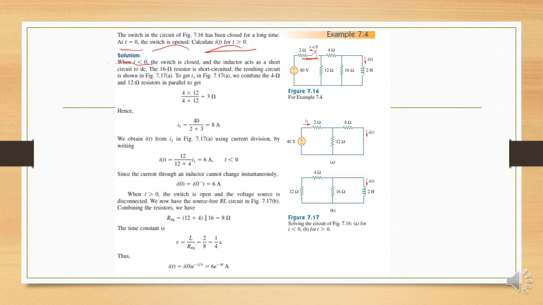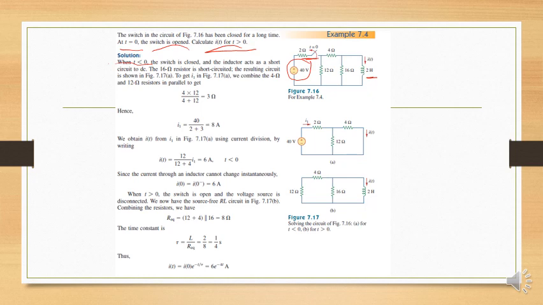So when the switch was connected to the circuit, the voltage of 40 volts is applied to the circuit, right? It means that this 40 volt source is connected with this 2 ohm resistor, 12 ohm, 4 ohm, 16 ohm and this 2 Henry inductor. As we know, when a DC source is connected with an inductor, it acts as a short circuit, as in the case of a capacitor, when a source was connected with the capacitor, it acts as an open circuit. Similarly, the inductor will act as a short circuit. So we can redraw the circuit like this.